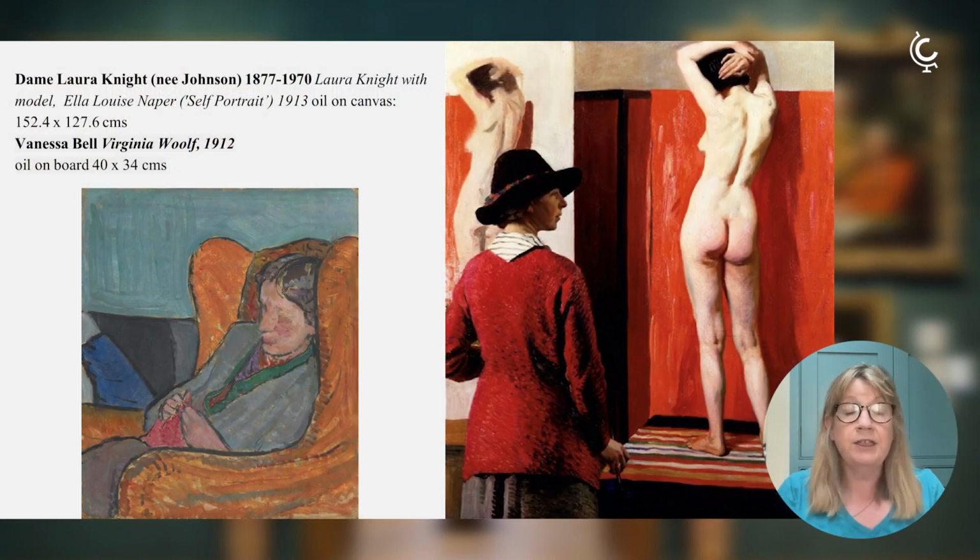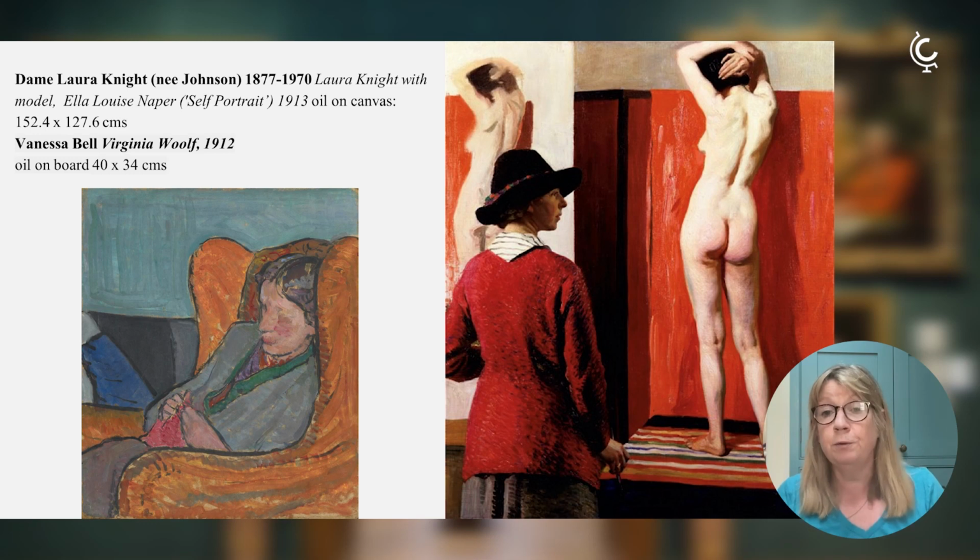For the 20th century, the National Portrait Gallery has really tried hard to include many, many more women artists. The reason why in England we get few women artists until the beginning of the 20th century is because they were not allowed into the live classes to draw the nude in their training. Dame Laura Knight does this wonderful defiant self-portrait of herself in 1913, not just with one nude, but actually with two, to prove that women are capable of studying from the life model and able to make these great pictures